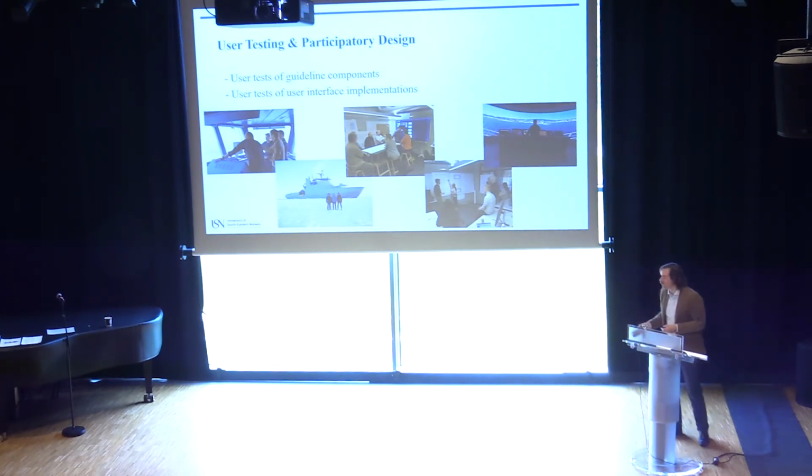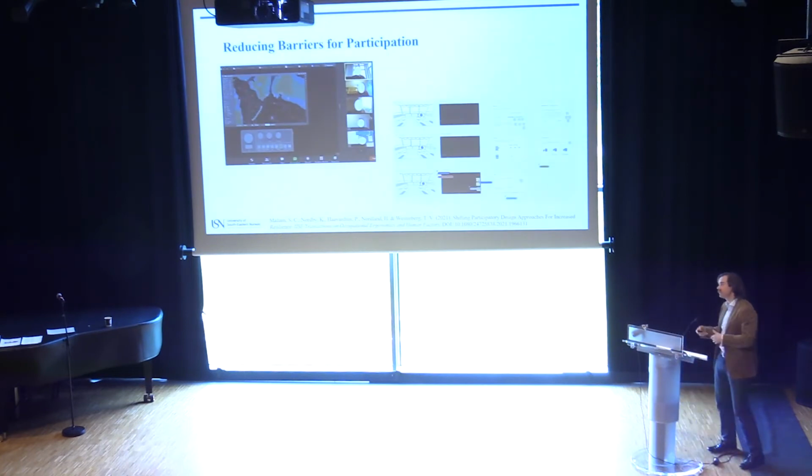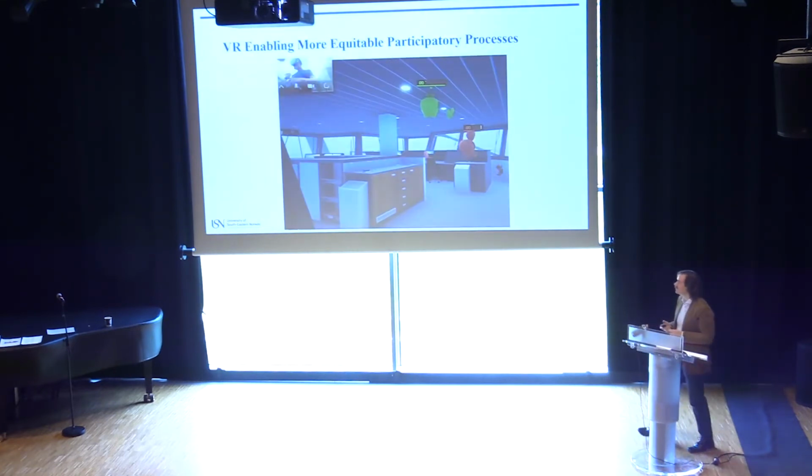And we run through design processes, design sketching, focus groups, and in some cases run various simulations. We move that to cloud-based, Zoom, Miro boards, to run the same methods, and then began doing this in 3D VR. Here we have a ship's bridge, and we have two avatars plus me, where we're distributed between Oslo and Skien, and